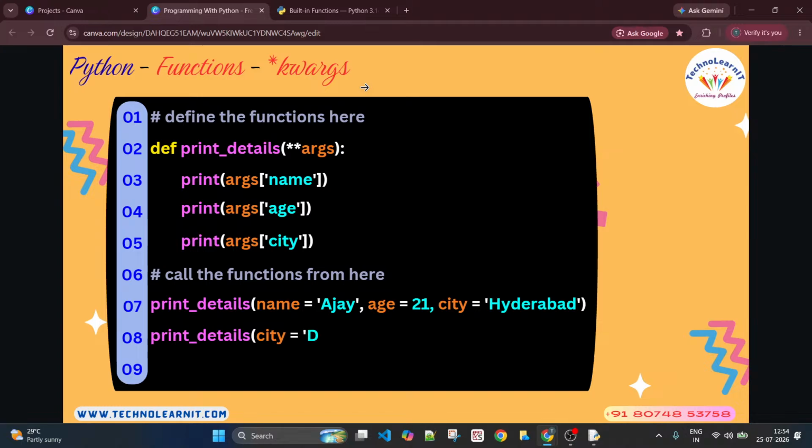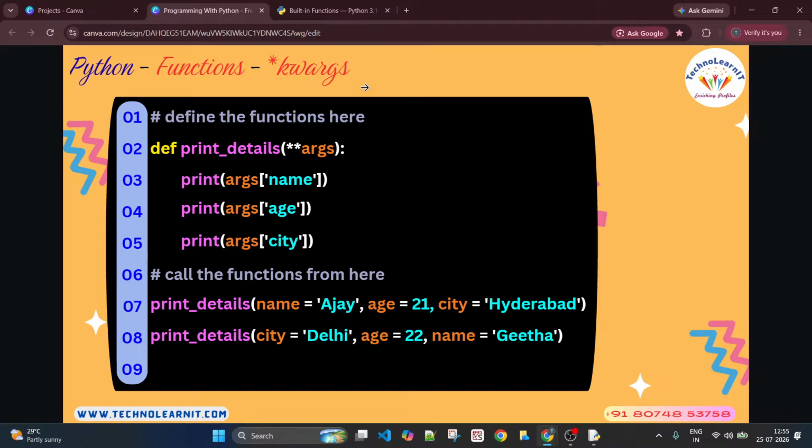And in this example, what I have done is I have passed three different arguments. Name is Ajay, age is 21, and the city is Hyderabad. So it will just convert these into key value pairs. First key value pair would be name colon Ajay, second one age colon 21, and third one city colon Hyderabad. So while I'm printing them, you will be getting that, obviously, right? args of name means it will be printing Ajay, and args of age 21, and args of city as Hyderabad. This happens for the call that I made on line number 7.